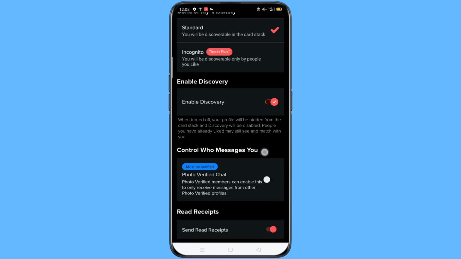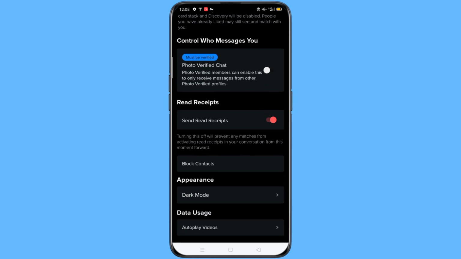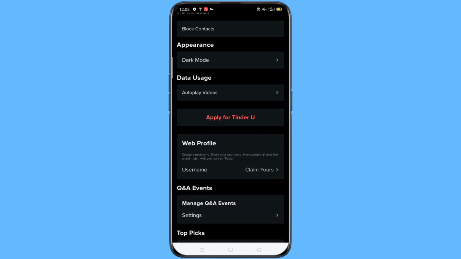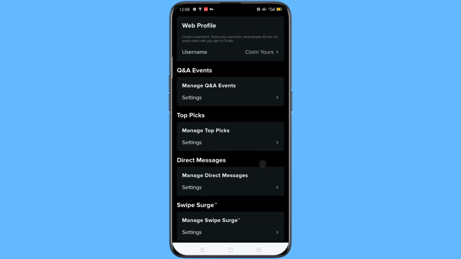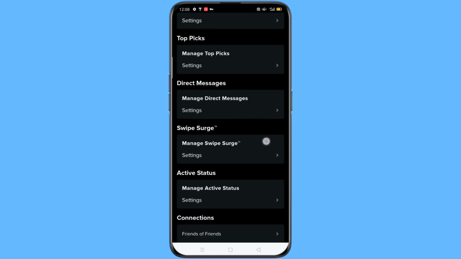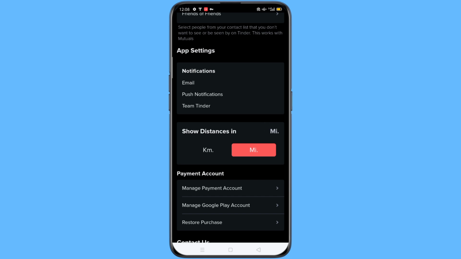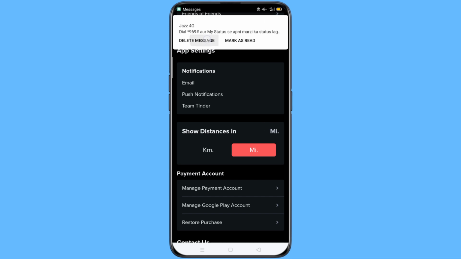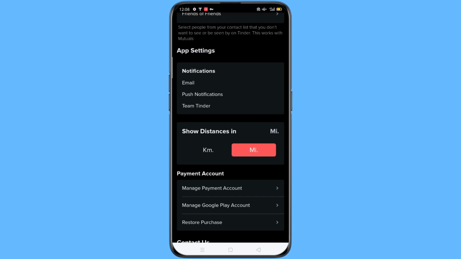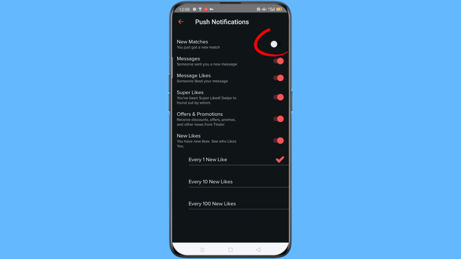So you may scroll down more after reaching the notification settings, a little bit more scroll down, and here you will see the push notifications. Just tap on push notifications, and from here you will just make sure that is off. Make sure these